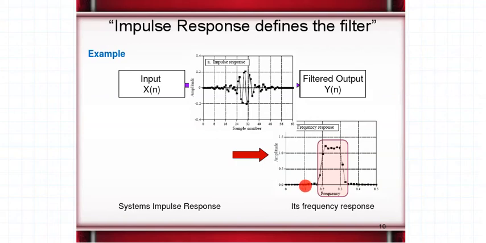So if I take a product of such a frequency response with my input, definitely my input characteristics will be modified, and the input which is existing only in the range from 0.2 to 0.3 will be allowed to pass, resulting in an output which is band pass filtered. So what I want to show you by this example is that the way we design our impulse response, we get the desired characteristics. So if I assume my impulse response to be having such a characteristic in the time domain, it results in a frequency response that is existing only in the range from 0.2 to 0.3, acting as a band pass filter.